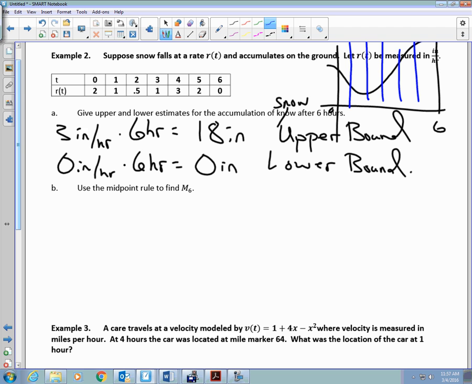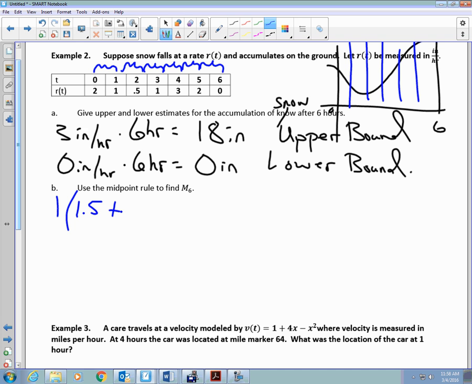So it says find M6. What does M6 mean? Midpoint sum. Okay, so if you look here, I have 1 interval, 2 intervals, 3, 4, 5, 6. What's the width of each interval? 1 times, what's the midpoint between 0 and 1? 1/2. Do you know the rate at 1/2? Could I estimate it? What would you estimate it? 1.5